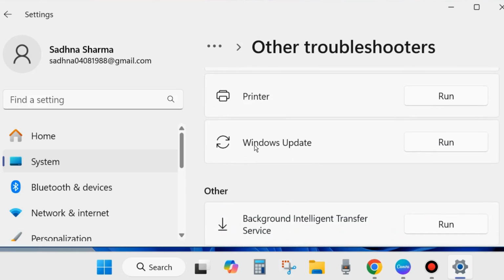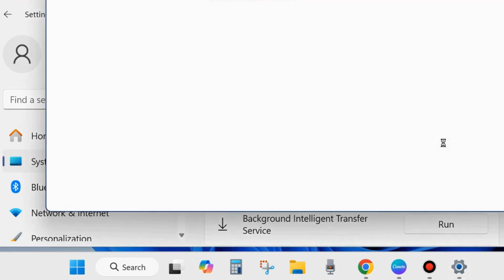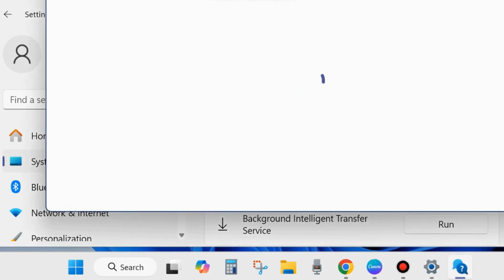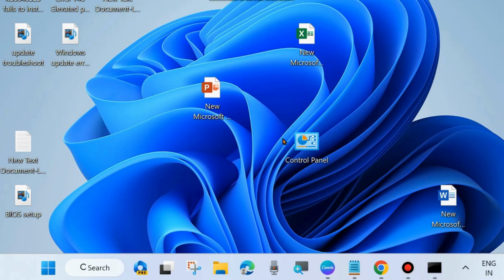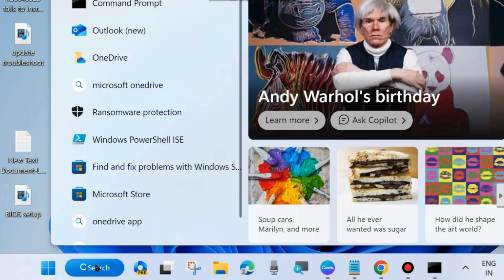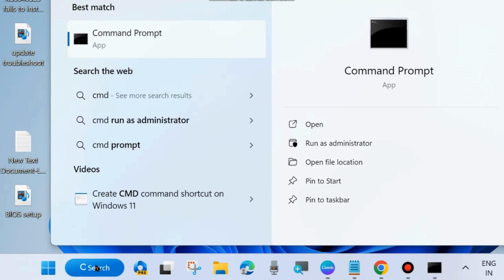and here run Windows update troubleshooter. Click on run and follow on screen instructions to complete the Windows update troubleshooting in your system. And after that check whether your Windows update is installing or not. If not, go to the next fixes, and the next one is go to Windows search and type cmd and